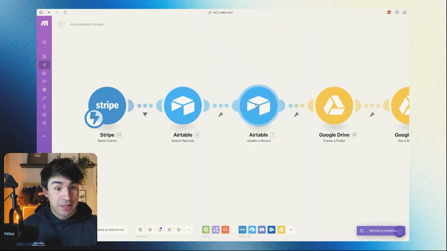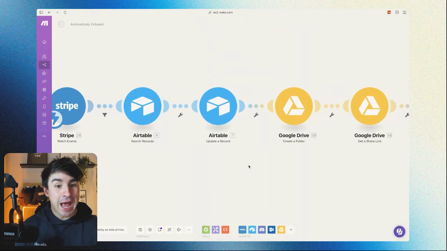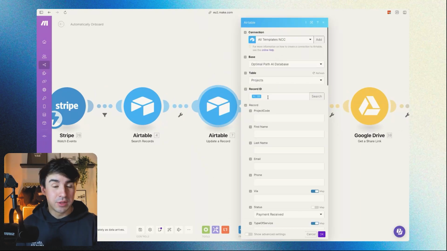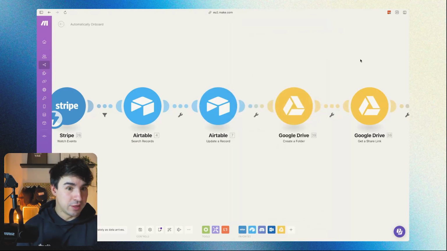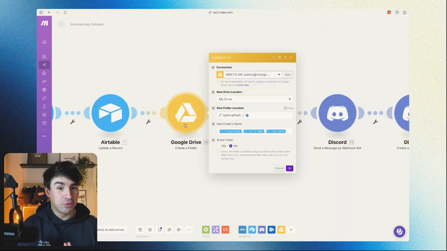So with this said, we're going to go to the next module, which is an update record module from Airtable. What we're going to do here is update the record of the previous module, the search record module, and basically change the status to payment received. And then here in Google Drive,